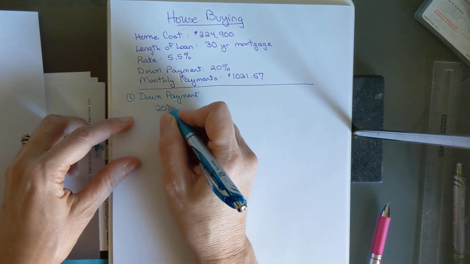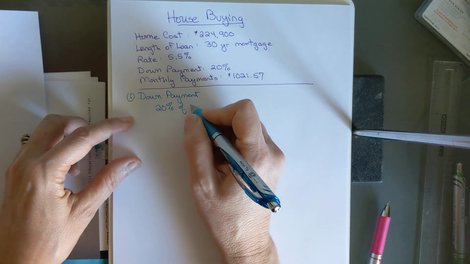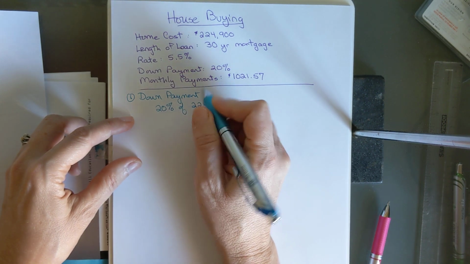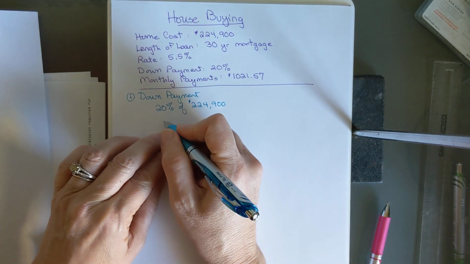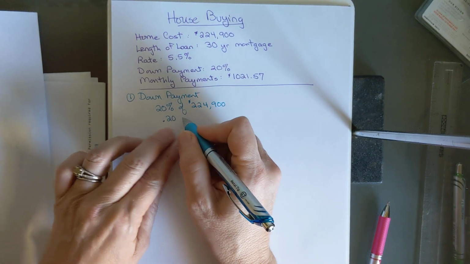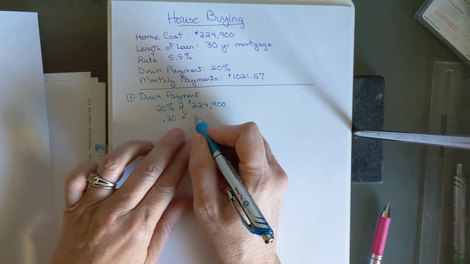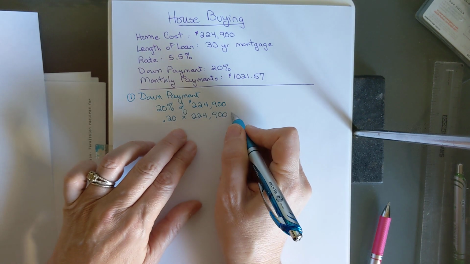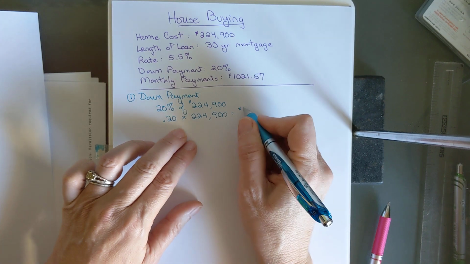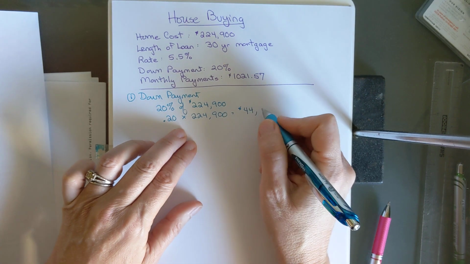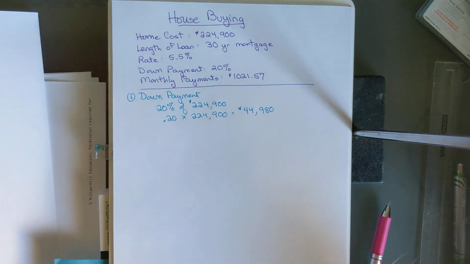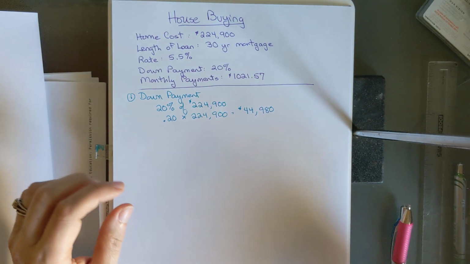So it's going to be 20% of $224,900. And we know to change that to a decimal to multiply $224,900, and we get $44,980 just for the down payment, just to